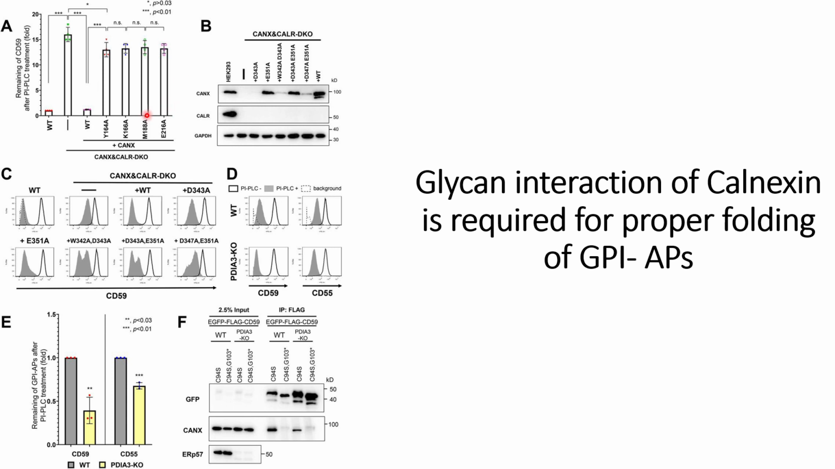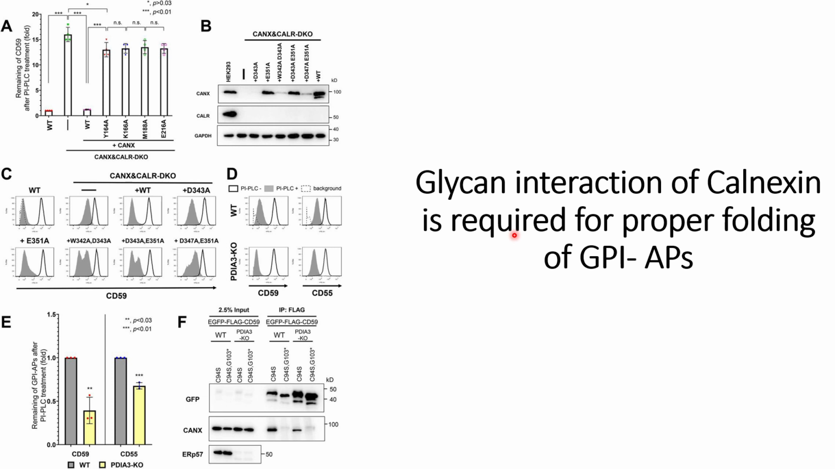And so after validating that the interaction of this Calnexin with the glycans of the GPI-APs is necessary for proper folding or deacylations, after that, they need to check